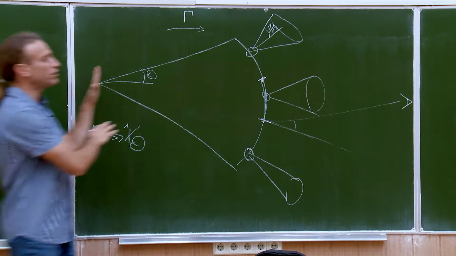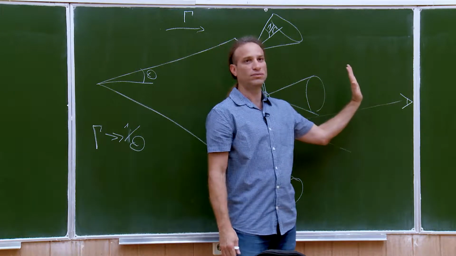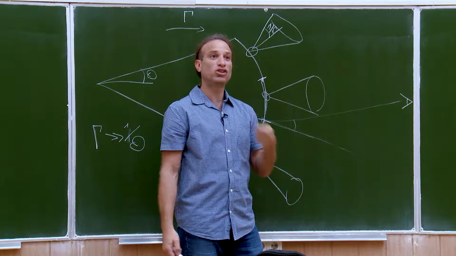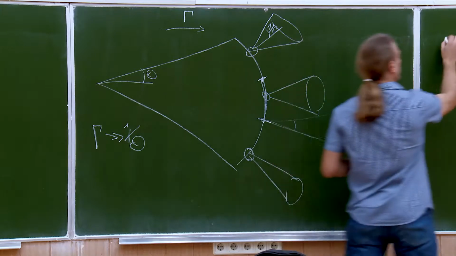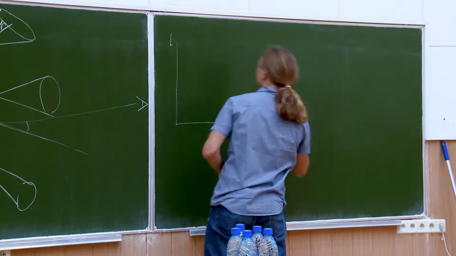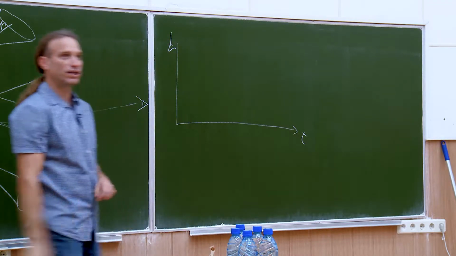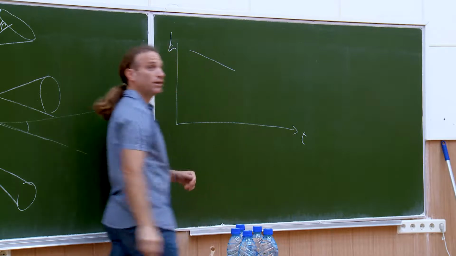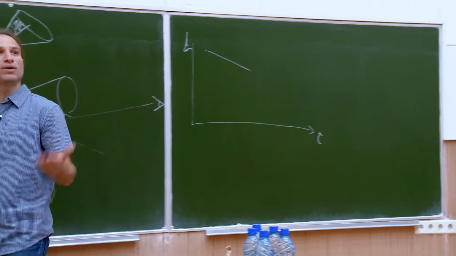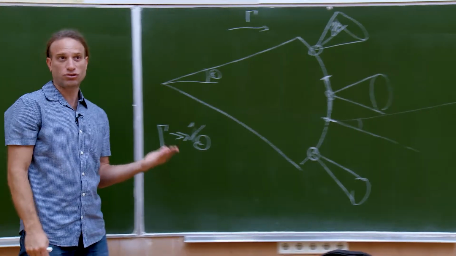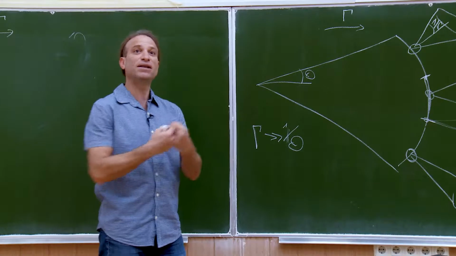Okay? So as the jet continues to move, it slows down. So gamma is decreasing. So the light curve that I will see, if I plot the luminosity as a function of time, this is a light curve. What I will see is a light curve that's starting to decrease. Why is it decreasing? Because the shock is slowing down and the emission is becoming less and less strong. Okay? But another thing is happening.